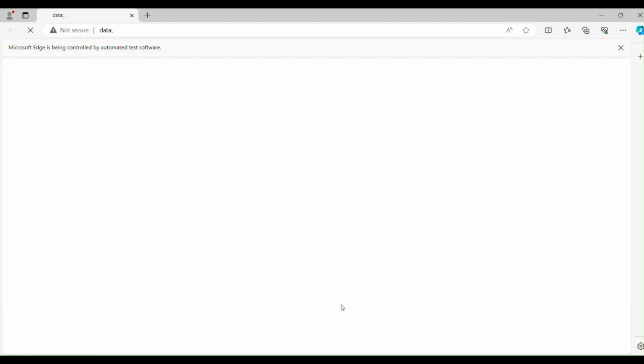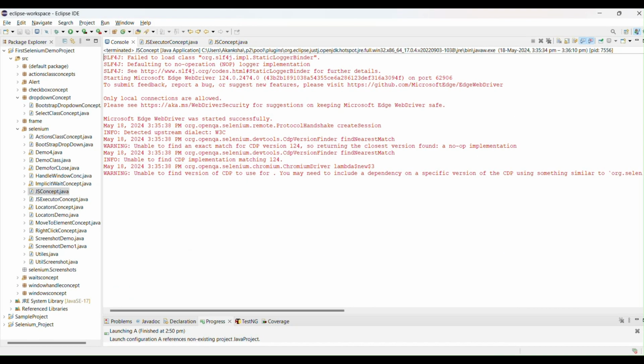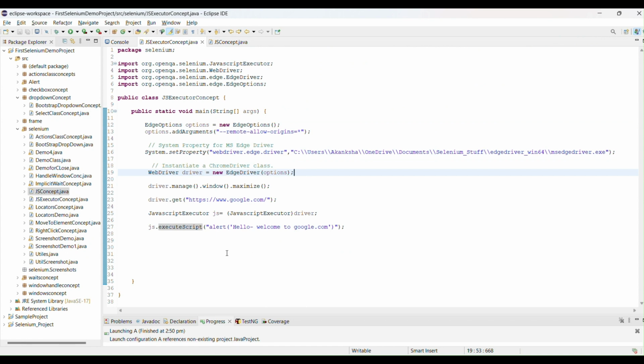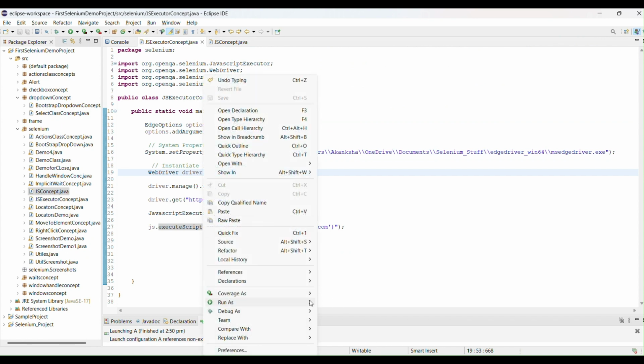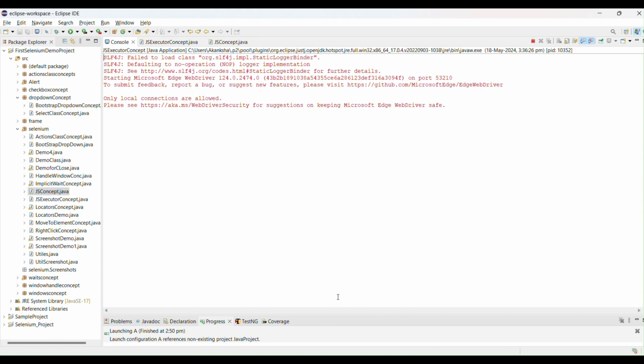It's loading. See, guys, we entered the Mark value here. You can see Mark entered, because we used JavaScript executor to enter the input value. So let's run again so you will see it better. Not this one, guys, sorry.